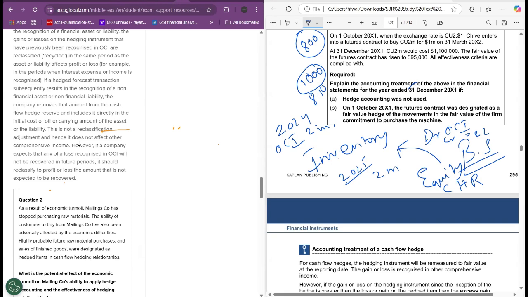It's just like I'm saying that taking the hedging instrument was a waste, and it did not prove to be effective because I didn't buy the machinery item, or the transaction didn't occur anymore. So it's no point putting that in the OCI. So it will create a bit of volatility because the cash flow hedge accounting did not prove out to be effective here. We did not buy the item here, but it was just going to be for that particular year